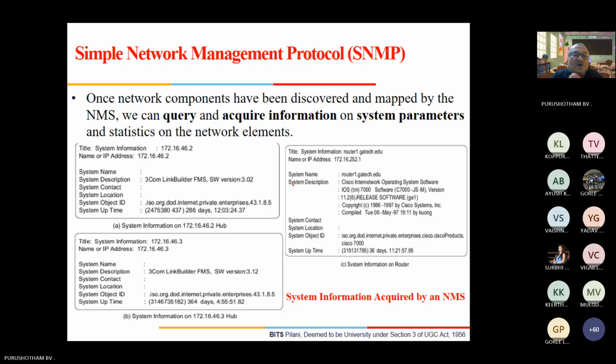So how do you define that entire thing? Again, ISO, ORG, DoD, Internet, private enterprises. So now Airtel could be an example of it. So from Airtel enterprise to the area, this entire thing we call a system. How can you identify that?